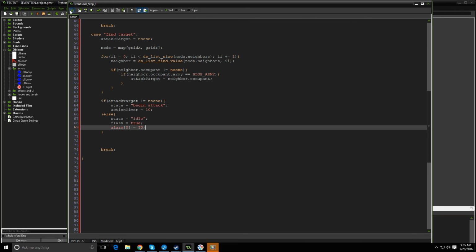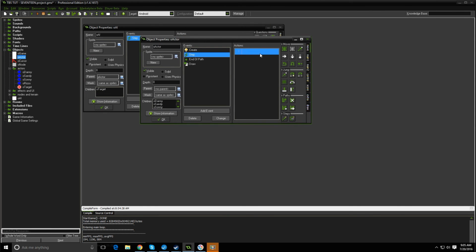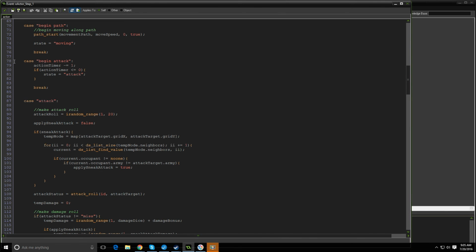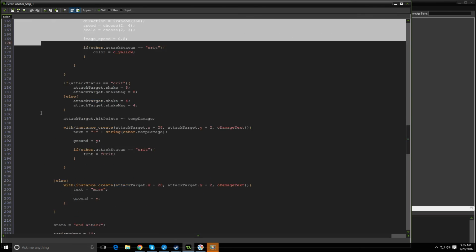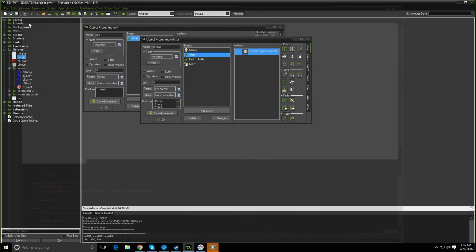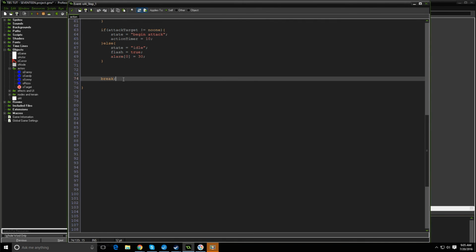So let's green check out of here. And let's open our actor back up. Head into this step. And we're going to grab everything from begin attack all the way down, quite a long trip, to end attack. Control C. And if all of this goes away, it just means you hit X by accident. Just hit V or Control V, and it'll come back. Don't worry. Green check out of there, into our step, and right at the end here,